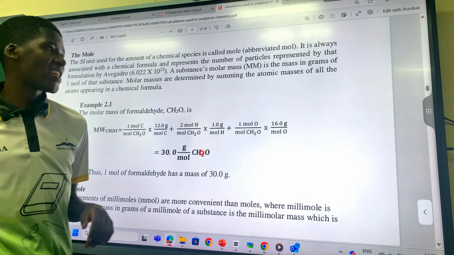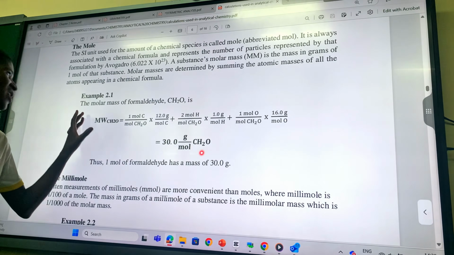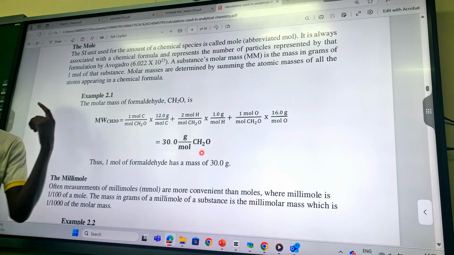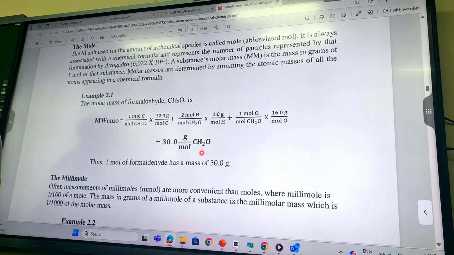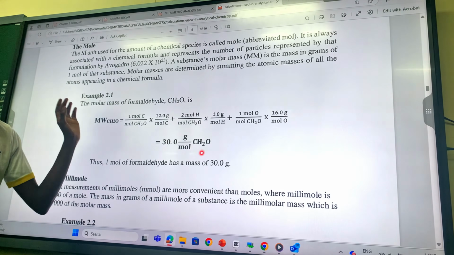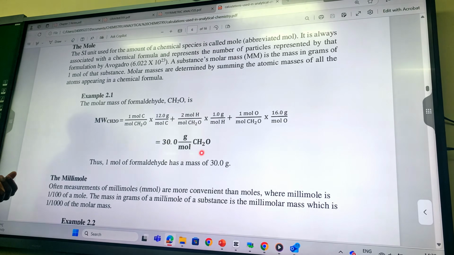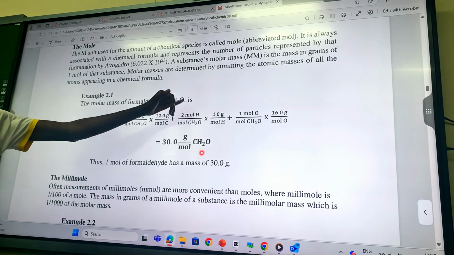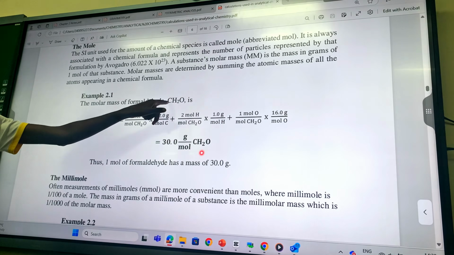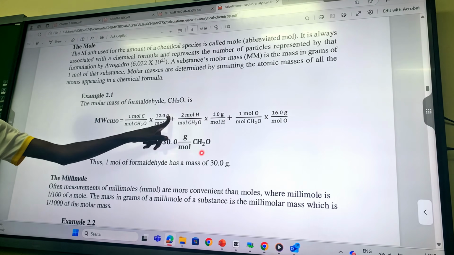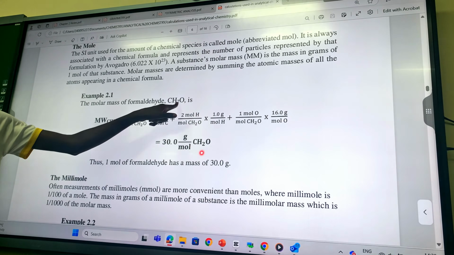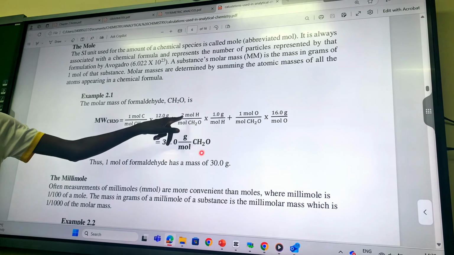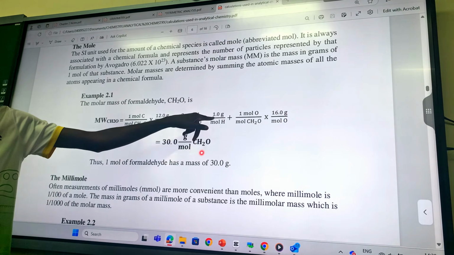And the first thing is the molar mass. We already know what it is. Molar mass is just the mass of 1 mole of a substance. If you take any substance from the periodic table, what is its mass? You just take the masses and add them. For example, H2O. It's easy to calculate molar mass. Carbon is 12 grams per mole. Hydrogen is 1 gram per mole, and there are 2, so it's 2 times 1 gram per mole.